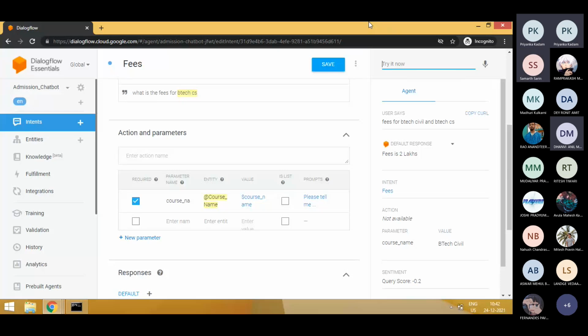It will be classified into fees. But there is no hard and fast rule. It will always capture the first one, it might capture the second, it might capture the first. But in my case, if I want to capture both of them,